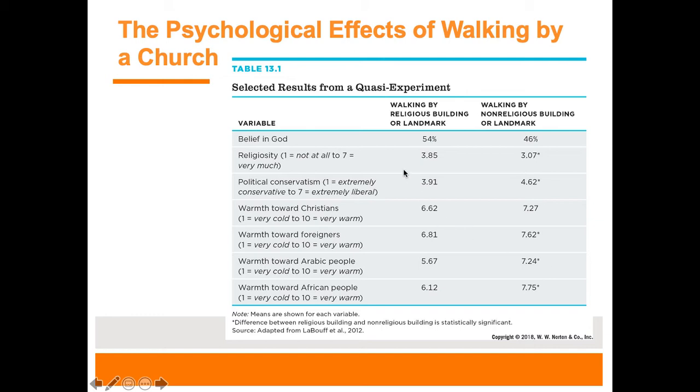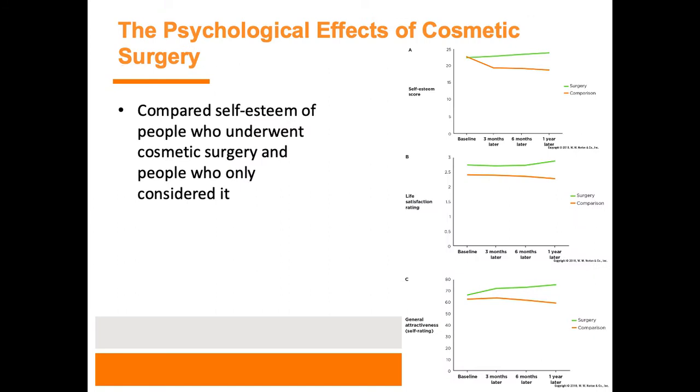Based on the, let's say, environmental stimulus, it made them think of different things when they were posed these questions. Same thing with the choice to get cosmetic surgery. In this case, it was people that had reached out for information about it from a clinic, I believe, and then either chose to participate or did not. And the researchers even went as far as looking for confounds like income level and tried to control for that and match the people they compared in the group that got surgery versus did not on a variety of outcomes like self-esteem and life satisfaction and general attractiveness.